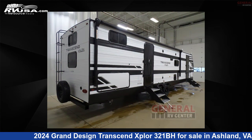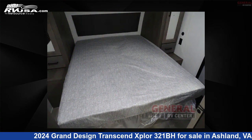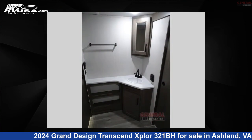This new Grand Design is 36 feet 0 inches in length and features sleeps 8, Slideout, and 56 gallons fresh water capacity. The floor plan layout of this travel trailer features bath and a half, bunkhouse, front bedroom, outdoor kitchen,